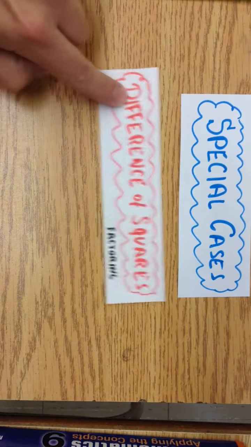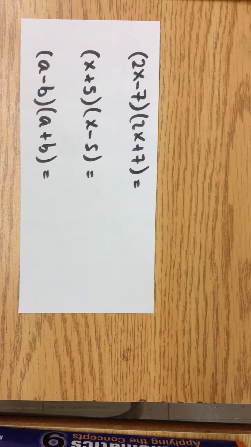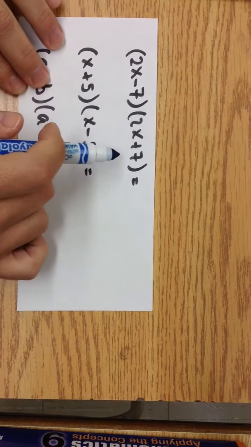Let's factor some of the special cases. So let's start with difference of squares. What is the difference of squares? Well, if you've got something like this, two brackets that look the same, one's a plus, one's a minus, you